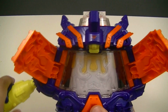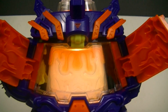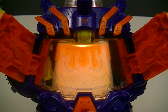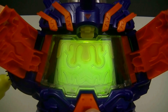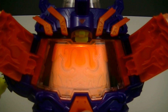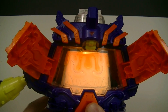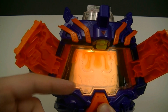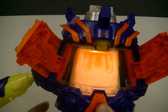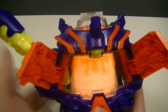So then, for a special attack, we want to raise and lower the lever. And that activates the pudding crash. And if you pay attention, you'll see that it's designed in such a way that it does jiggle a little bit when you lower down the lever. So then to cancel out the transformation, you want to raise up the lever,